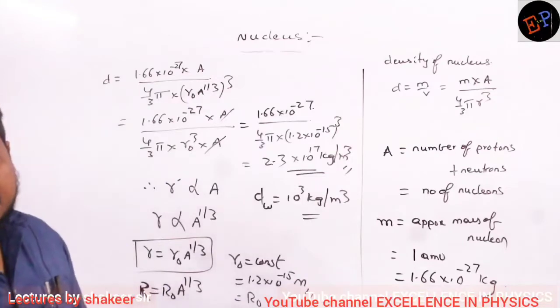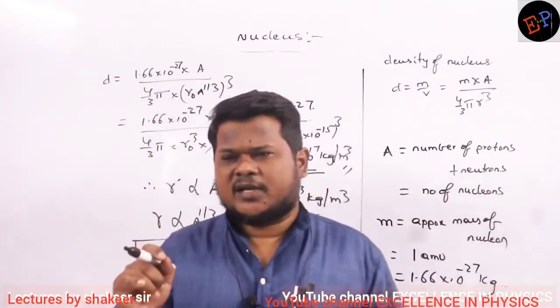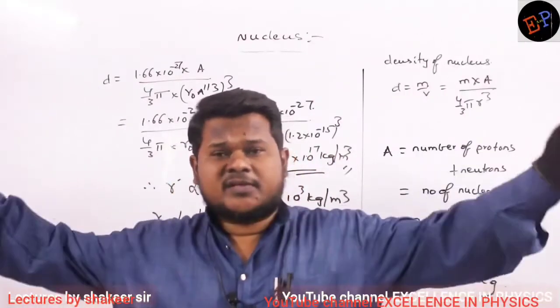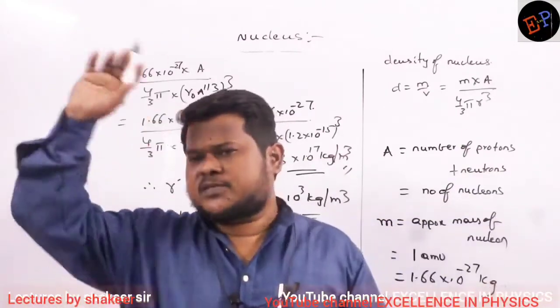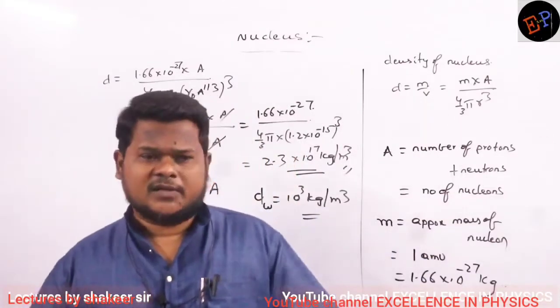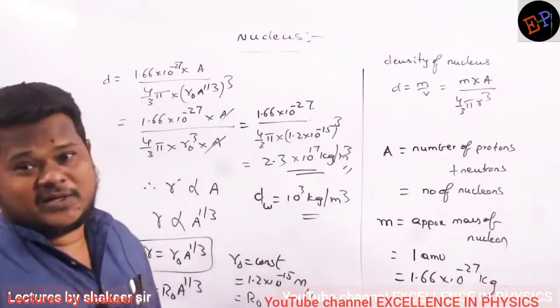But density of atom is very less. Why? Because nucleus, though it is highly denser, is a very small particle, no? And atom is mostly empty. That's what we studied in the last class. Atom is mostly empty. Size of atom is only because of rotation of electrons. So if you take overall density of atom, it is very less. But if you take density of nucleus only, then it is very very large.